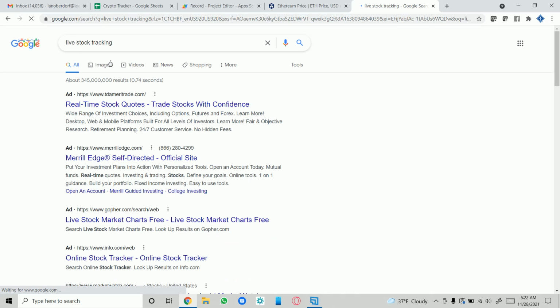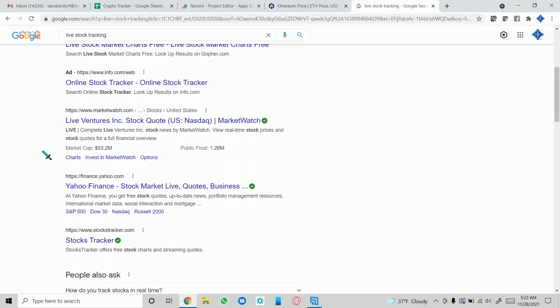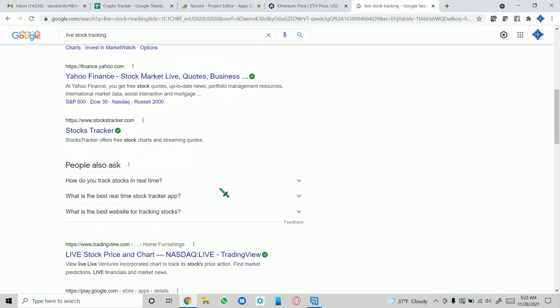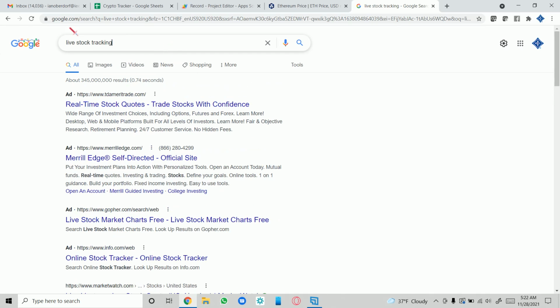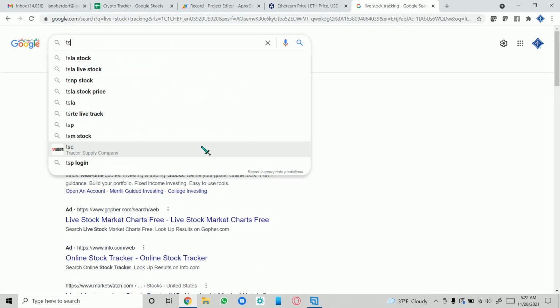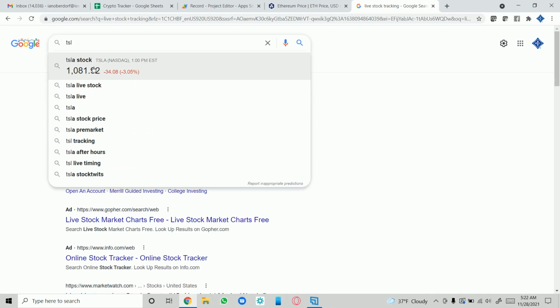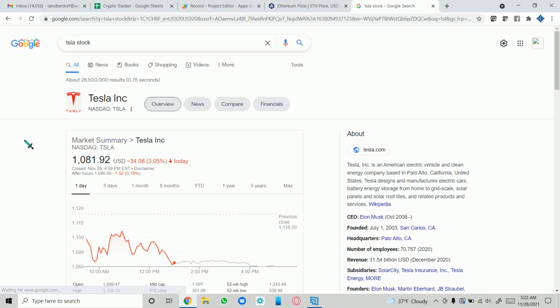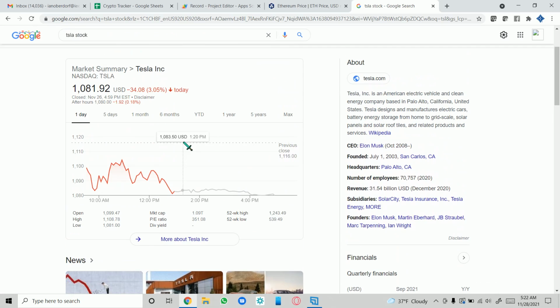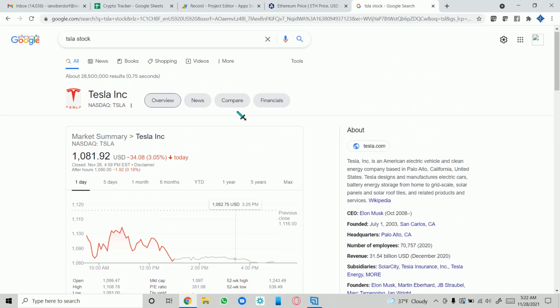Here we go. This seems to be something useful. Let me see. Can we find TSLA? TSLA stock. There we go. So in this case, we have Tesla. We're tracking their stock at the moment. We see we have current value. Now I believe I can